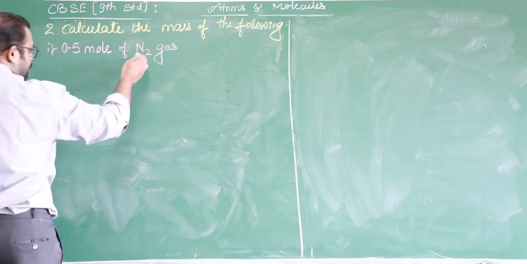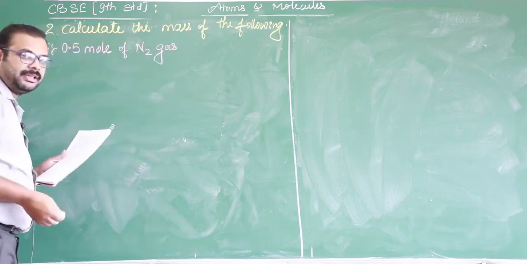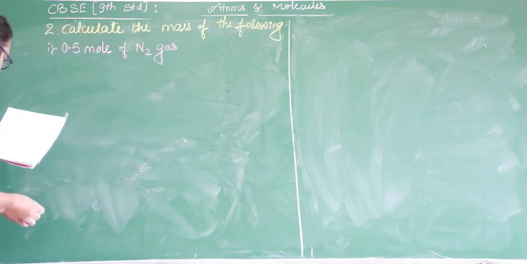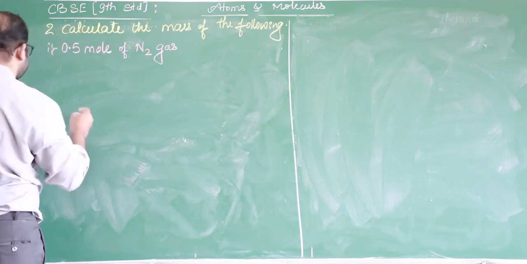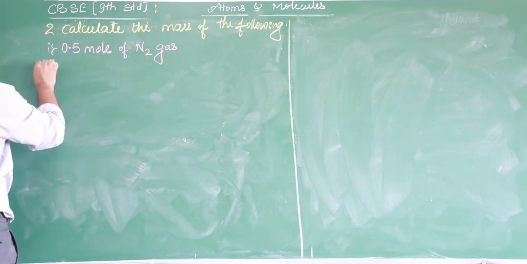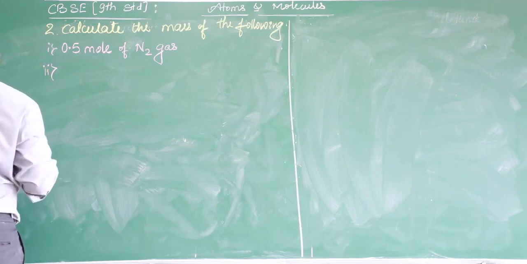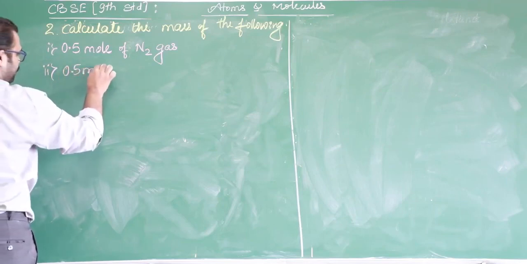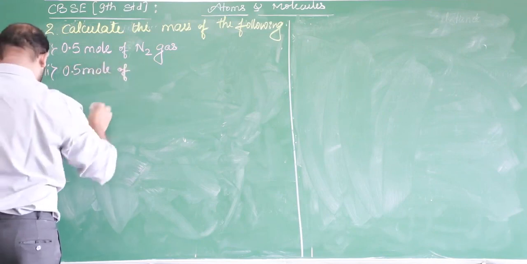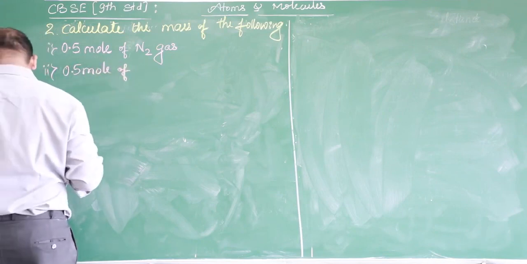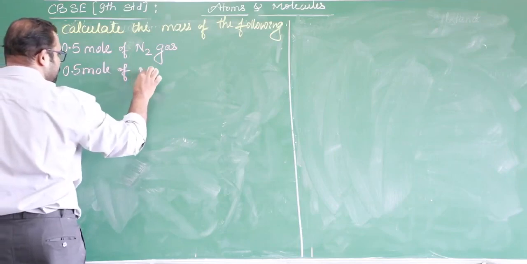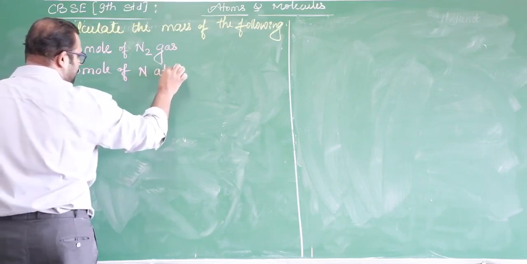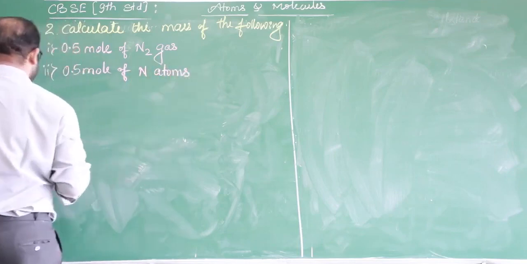They are given nitrogen N2, which is a molecule, so we have to concentrate on molecular mass. Second one, 0.5 mole of nitrogen atoms. Then the third one,